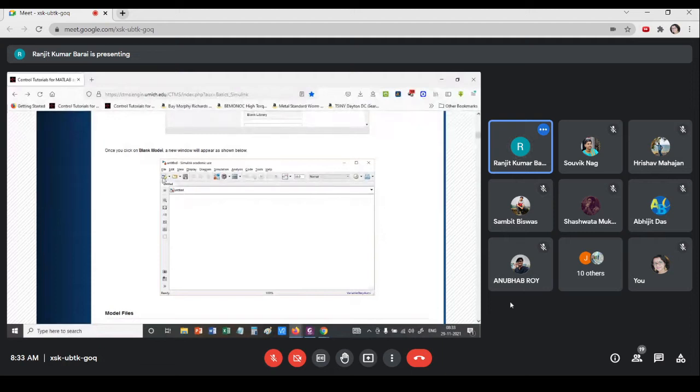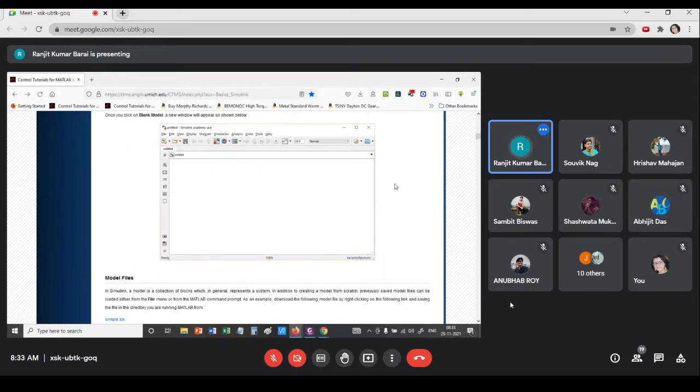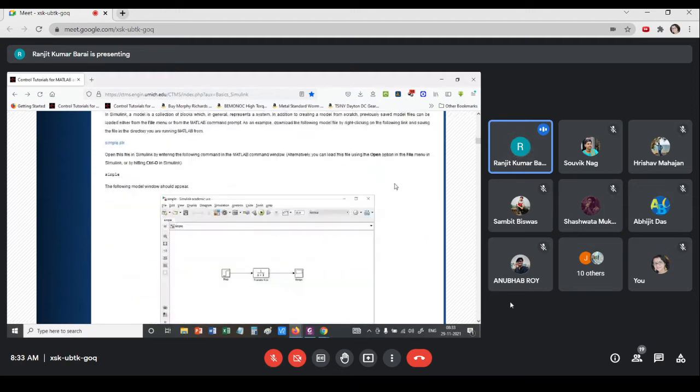This area is very similar to Windows. Very few standard icons are also there, like save, open. It is a bit new, but once you start using it, it will become quite evident because you are quite familiar with this type of software.